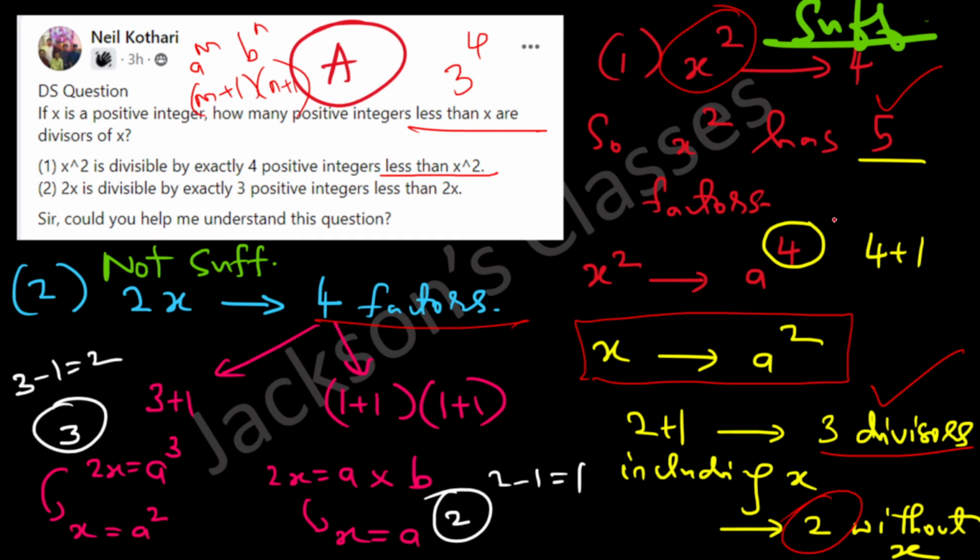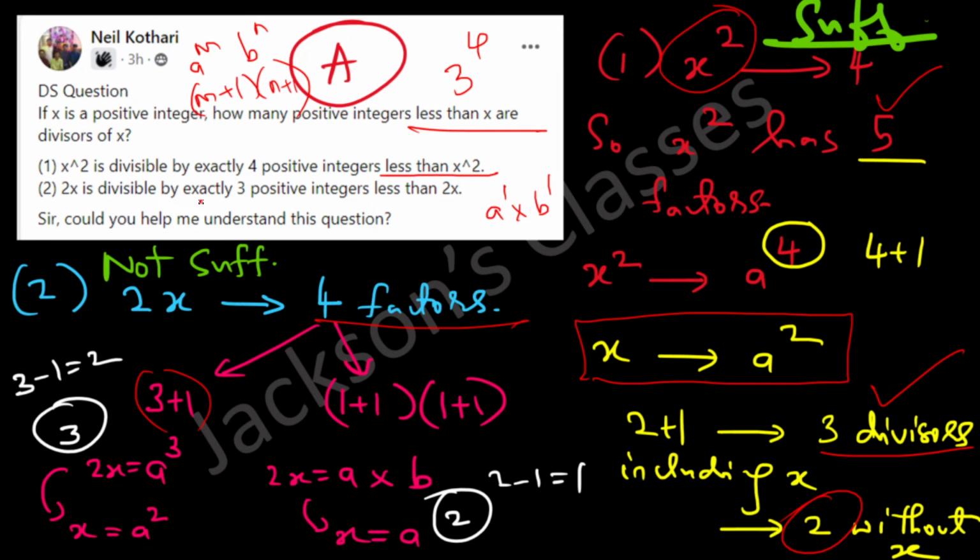Now earlier we had only one way of doing it, but over here we can get 4 in either of the forms. If it's just a to the power m, then m plus 1 is the number of factors, and we can get 4 by taking 3 plus 1, so that's one possibility. But we can get 4 also by doing 2 into 2, right? So that would be the case where if the number n is of the form a into b, so a to the power 1 into b to the power 1, then the number of factors would be 1 plus 1 into 1 plus 1, because over here also you have 1, right? So there are 2 possibilities.